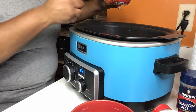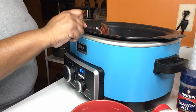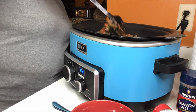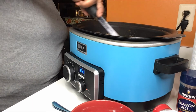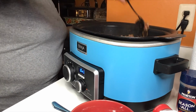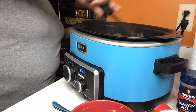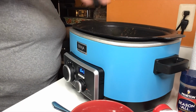For those who don't use tomato paste, if you prefer to use tomato sauce, that's fine. Okay, so next, what I'm going to do is go ahead and stir this as well. It smells so good. Now that I got all that well incorporated,